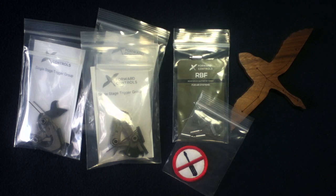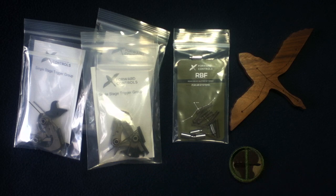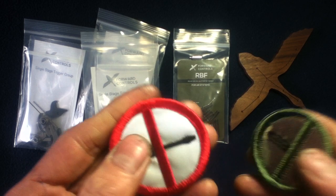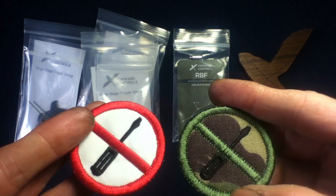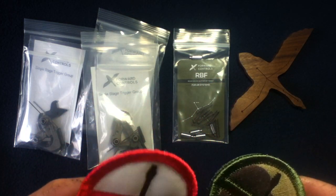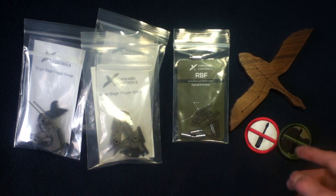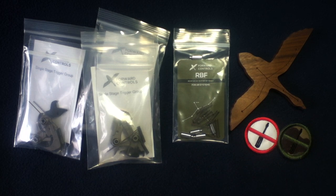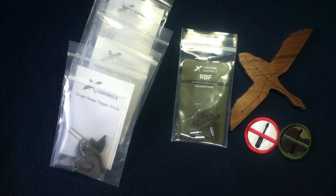So, get these out here. Better view. The lighting's not cooperating today. So, two versions of the patch design. No screwdriver, and this is in reference to no screwdrivers on twisting or trying to torque or untorque devices that don't have wrench flats or strange sized wrench flats. So, kind of a critique on maintenance process there. Looks like